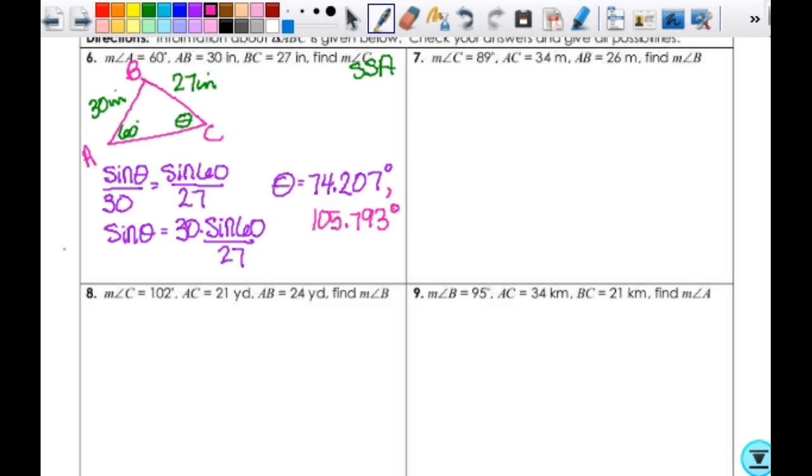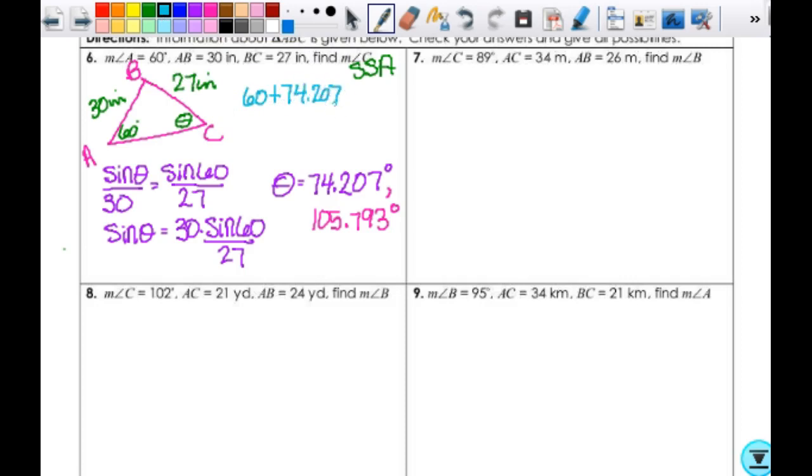Now, these may not both work just because it's the ambiguous case. Remember, it also said that you could have 0, 1, or 2 angles. So maybe neither one of these actually work. So let's think about how we can look at this. If I take this angle here, theta could either be 74 degrees or 105 degrees, right? And so if I add that to 60, I would add it to get my third angle. So I have to see if this is even possible. So if I take 60 and I add it to that